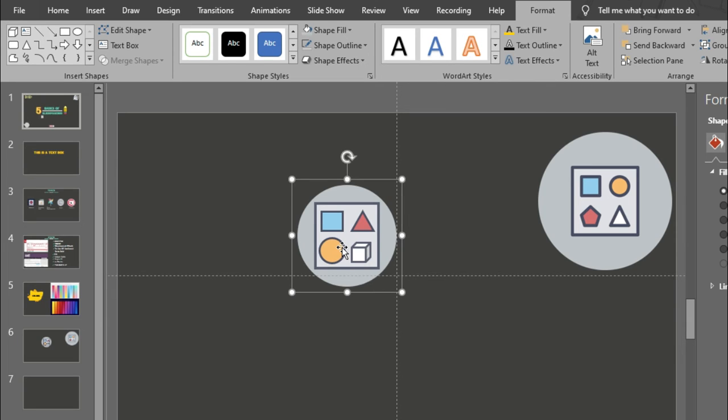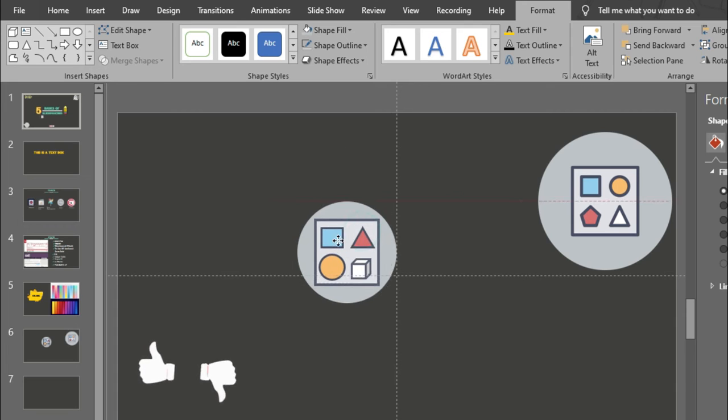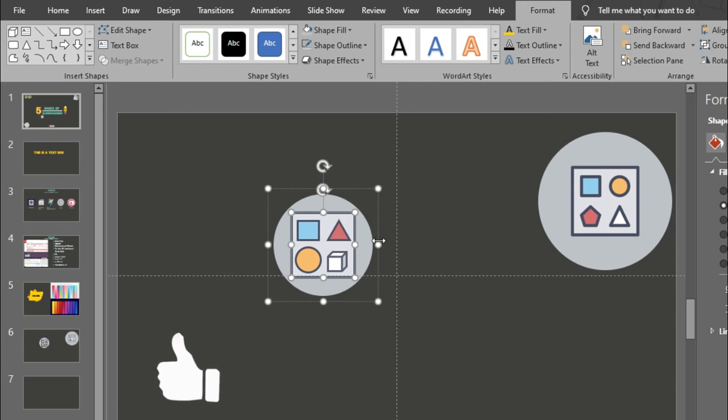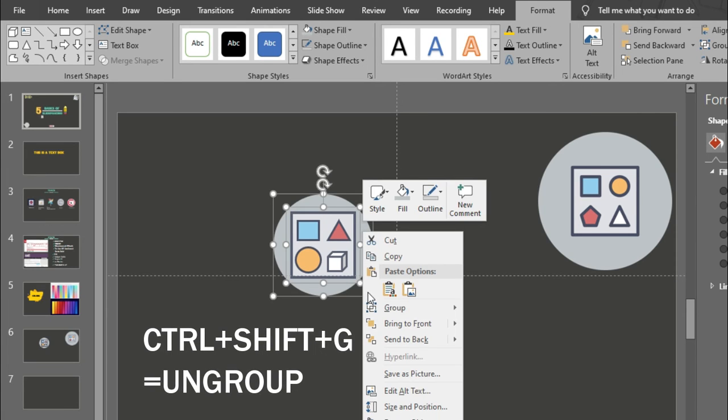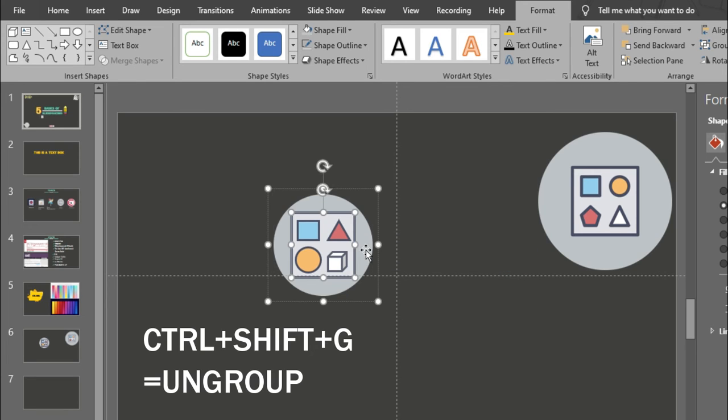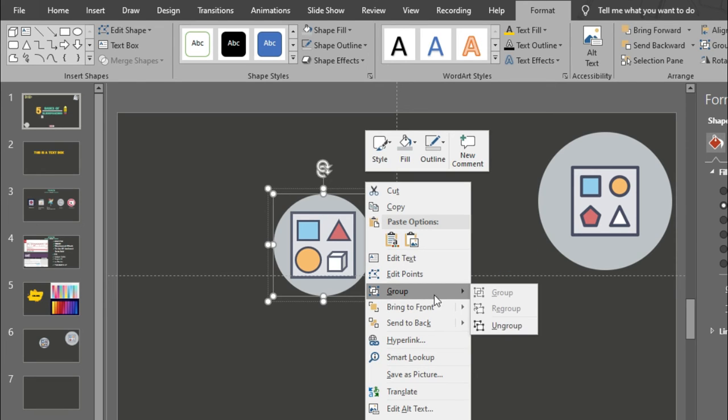Everything is so easy and so simple. If you want to ungroup these elements, select these elements and press Ctrl Shift G to ungroup, or you can right click on it. I'm undoing this action. Right click on it and select Group to group.